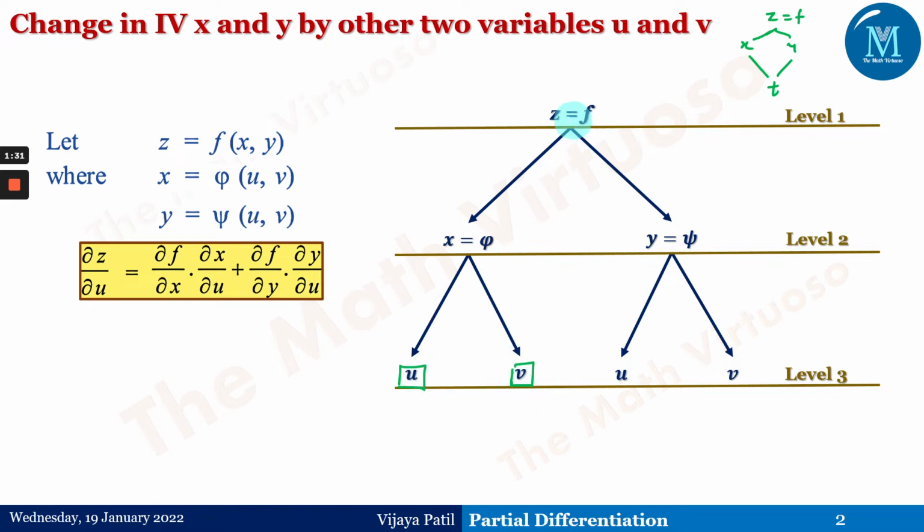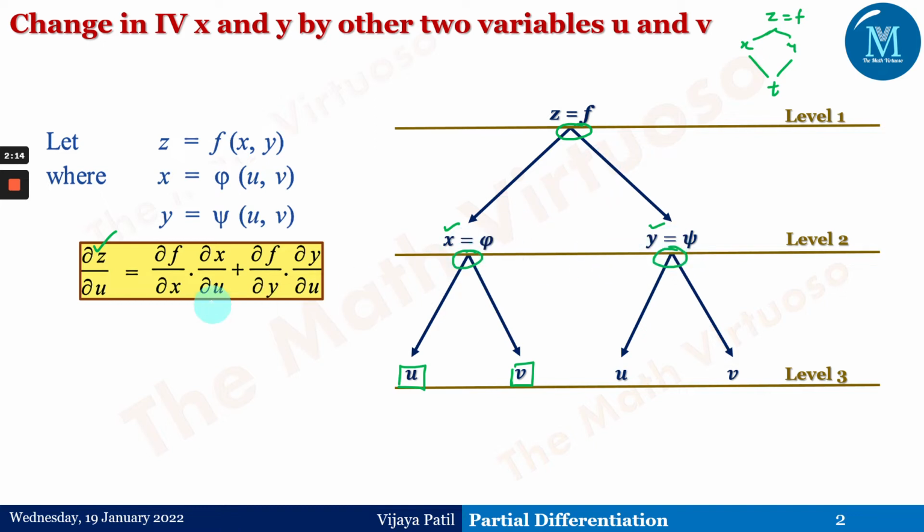So if we want to differentiate z with respect to u, that would be partial differentiation, dou z upon dou u. Now, as I have told you before in part 1, we cannot directly differentiate this z with respect to u and v. We have to take the help of the intermediate variables x and y, and that's the reason the chain rule will exist. Therefore it equals dou f upon dou x. Again it's dou, because in level 2 also we have got two variables. That means from this z, two arrows are coming out, from x two arrows are coming out, and from y also two arrows are coming out.